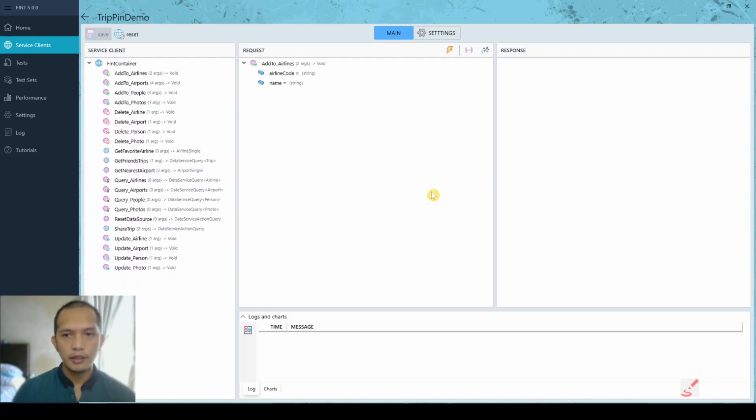As you can see, Fint has generated all these different methods over here on the different types that it found on the service. So you have the add method over here, and then right below that you have the delete method,